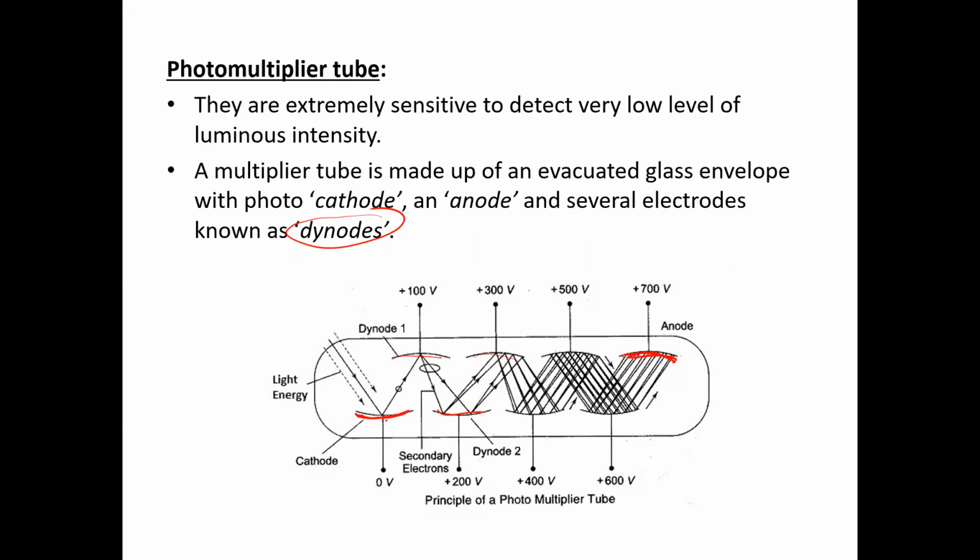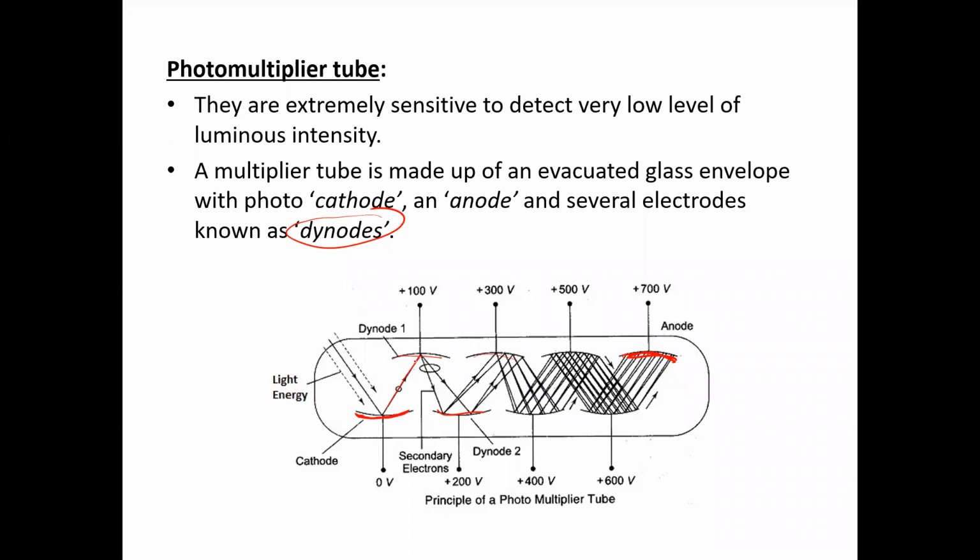So if each of the dynodes is coated with photosensitive materials as well, whenever an electron is emitted from the cathode, it will be directed towards the first dynode, and the energy contained by the electron will emit even further electrons from the dynode. So suppose this electron is coming over here,